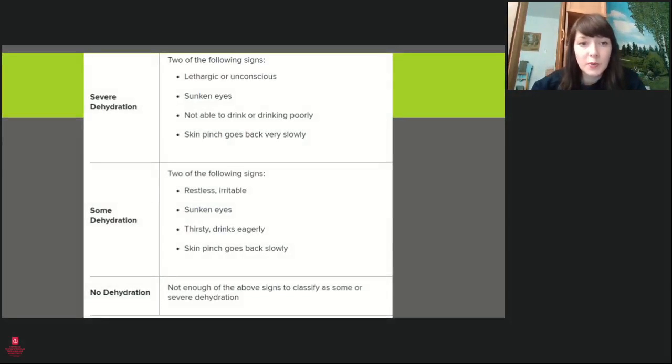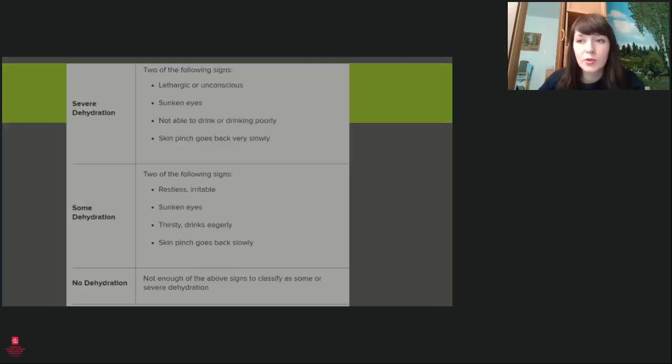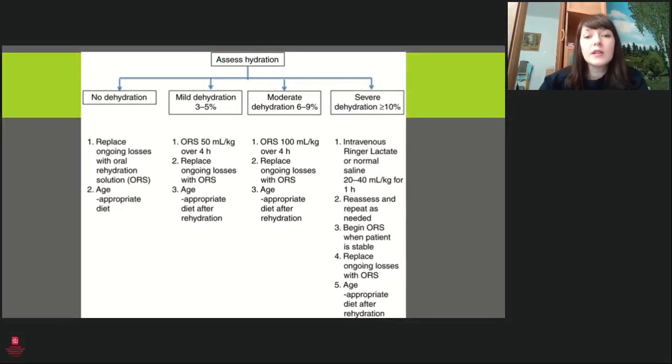What else? In this picture, all symptoms commonly seen in severe dehydration, some dehydration, and no dehydration. You must remember these symptoms. And according to the degree of dehydration, we should choose the management of therapy for our patients, such as if we have no dehydration, we